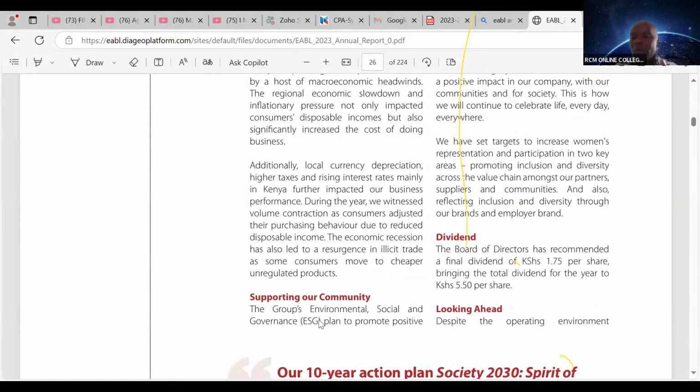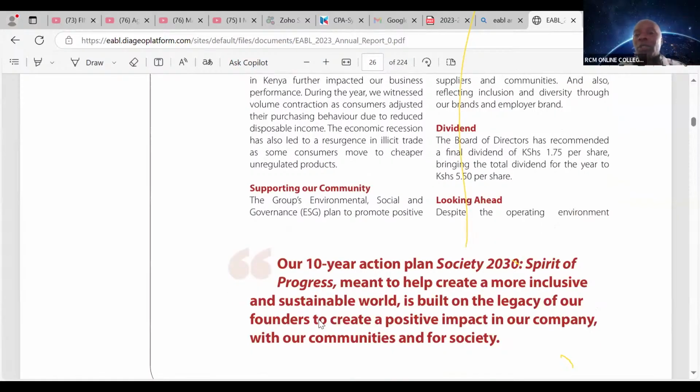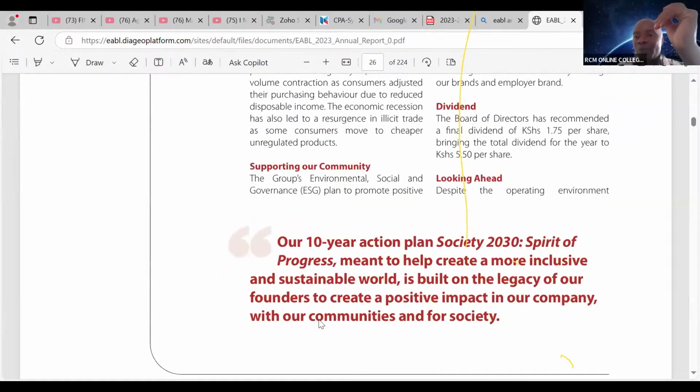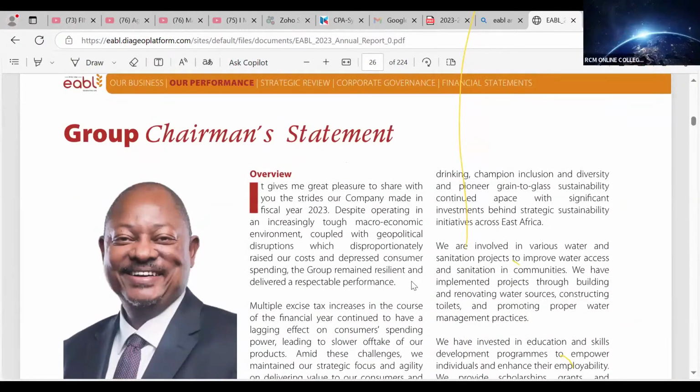products. Supporting our community. Please listen to this language. Now, this is an examination area, supporting our community. The environmental, social, and governance ESG plan to promote positive drinking. Yeah, that's very good for the environment, very good for people. We don't want people who are really drunkards outside here. I mean, responsible drinking. You champion that. Champion inclusion and diversity, and a pioneer grain to glass